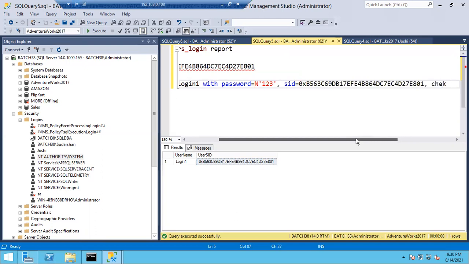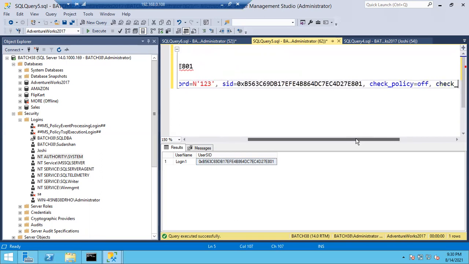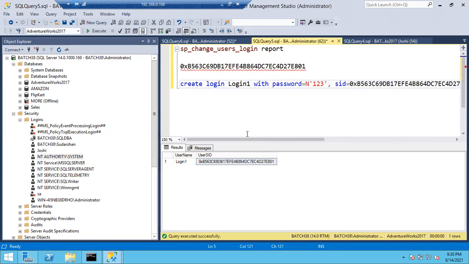Check policy equal to off, check expiration equal to off. Why? Because I'm giving a small password, right?